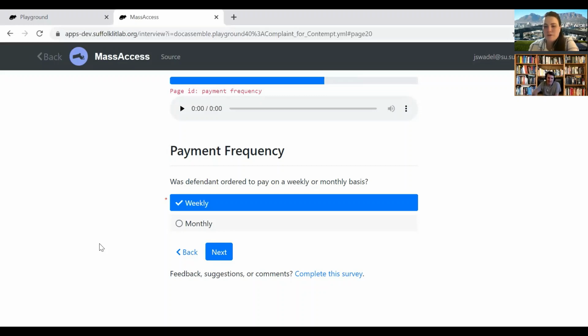Yeah, I think that's a good point. And the form only gives one option. The form doesn't really allow for that. You mean the contempt form? Yeah, the contempt form. I guess you would check both. What I would do is ask: is the child support ordered weekly or monthly? Is the alimony ordered weekly or monthly? If somebody picks both, I think I would do both.